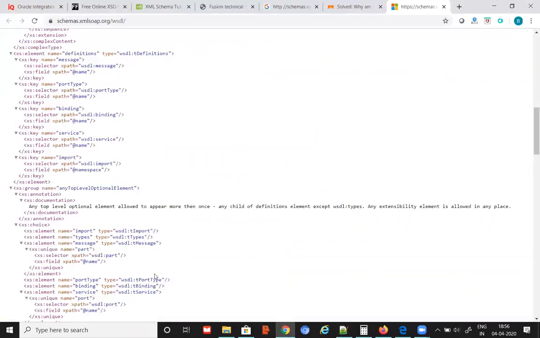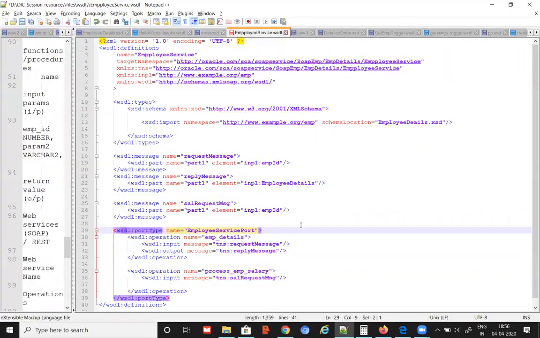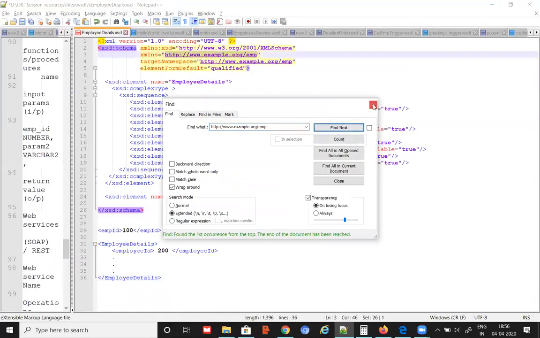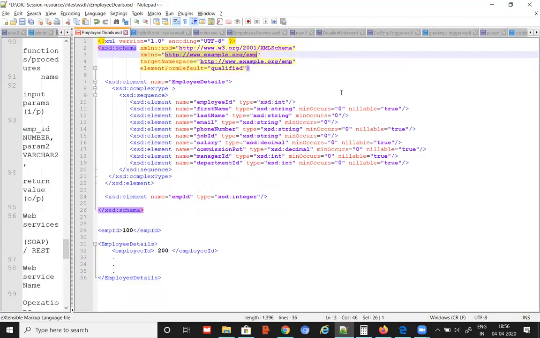One more question. You have used a URL which is www.example something like that. Can you go back again? example.org.emp, which is linked to your employee detail XSD schema location. Now open that. You have opened this and that, but the namespace URL is referring to this URL. So can we pass anything? No. It's the same target namespace. You can see this.